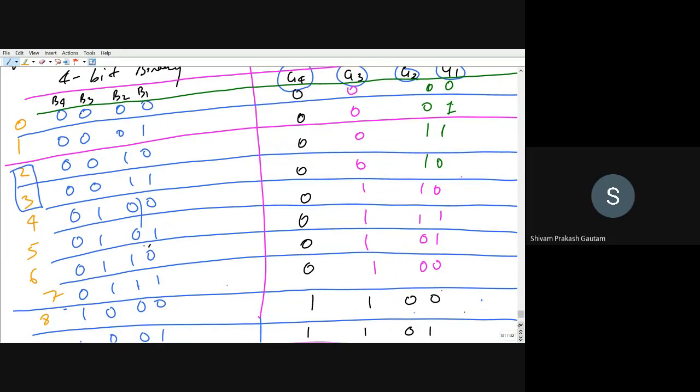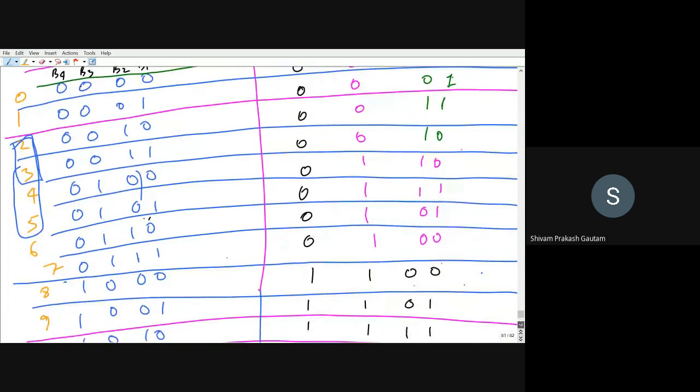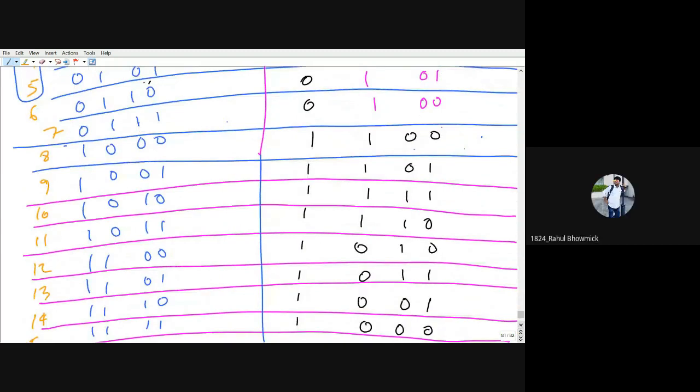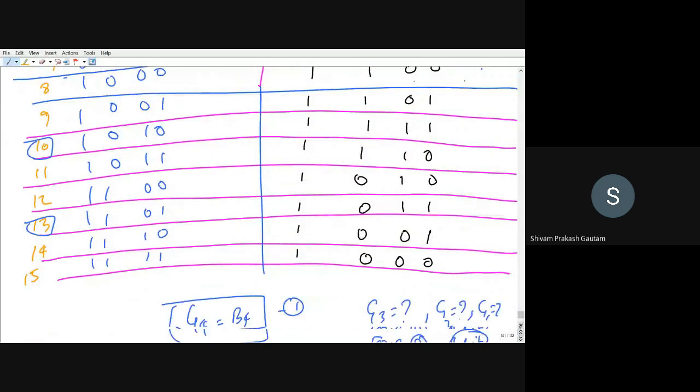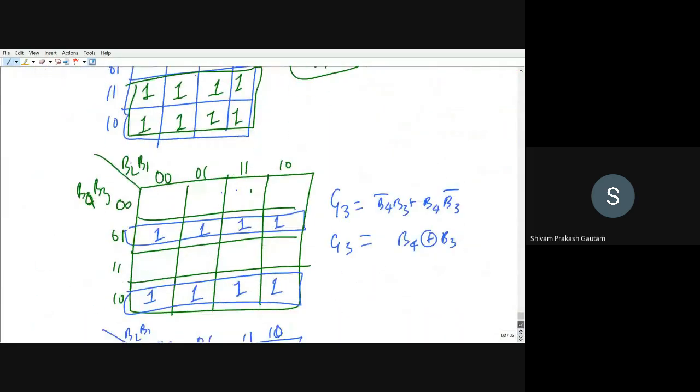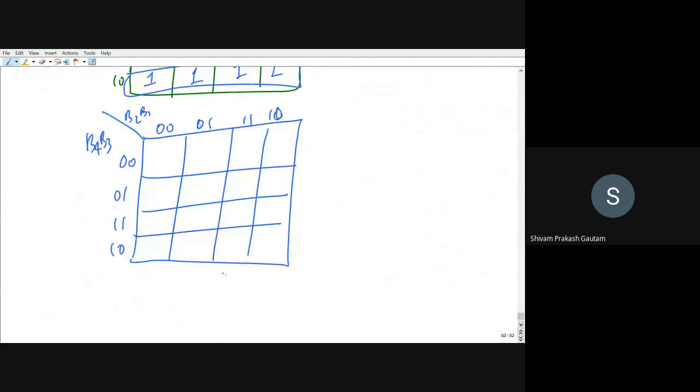Then, 2 to 5, sir, and 2 to 5. And then this is 10 to 13. Yes, 2 to 5 and 10 to 13. So 2 to 5 and 10 to 13 we have to make. So we will fill it here. So you can now number it.